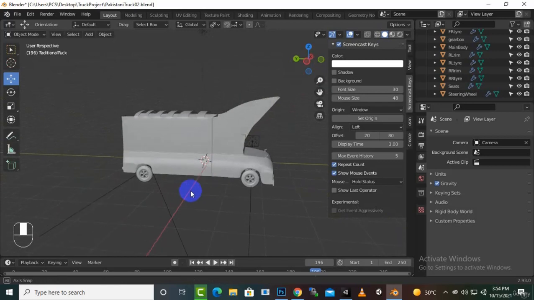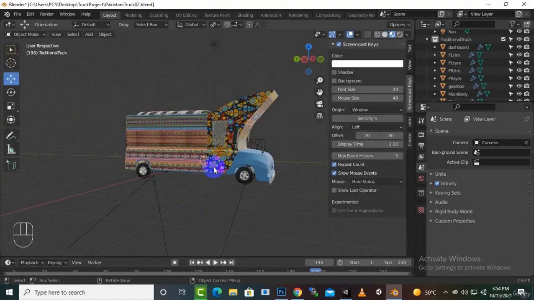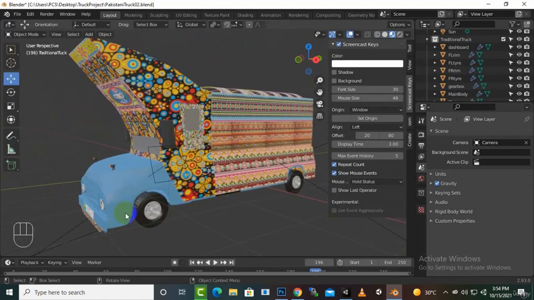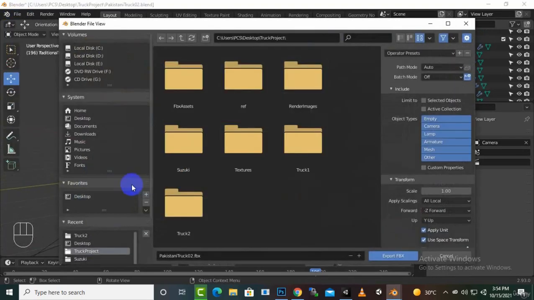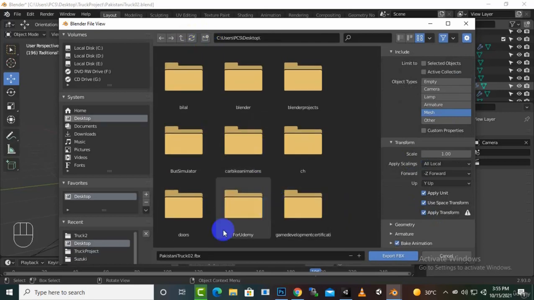So now we have this model and we already have textures in it. If we go to material preview, you can see the textures added to our truck. So now we will go to File, Export FBX, and in FBX we will select mesh, we will select path mode copy, we will copy the path mode, and also we will apply the transforms, and we will go to our models,